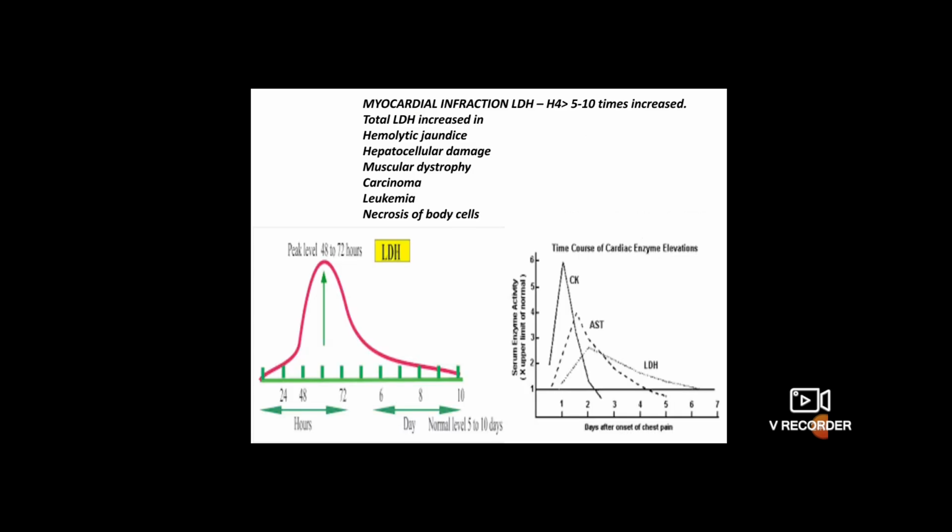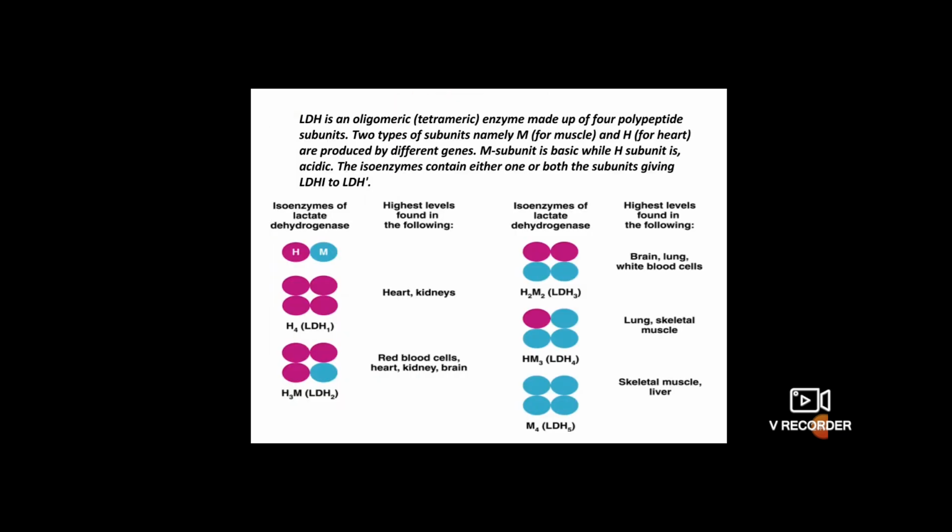So coming to the diagnosis. The first and foremost biomarker for myocardial infarction is LDH. Whenever a person has myocardial infarction, we know very well the heart muscle wall is getting damaged, where LDH is dependent. So when you have myocardial infarction, doctors will definitely advise you to go for the estimation of LDH, because it is a biomarker for the heart muscle. And you know that in heart muscle, all these subunits are heart type. So the heart is the main organ.